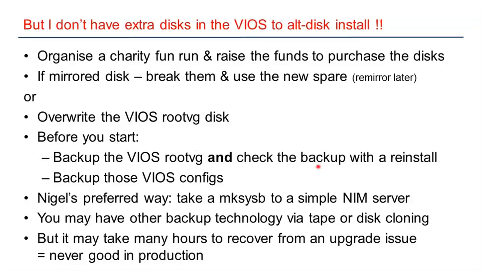And then you also need to back up your backup, ready to do an install in case your backup server fails. Then you should be taking the backup of the metadata in case you can't go backwards or forwards. You can still do a traditional install and a manual restore of your VIOS configuration. Okay, in my case, what I tend to do is take a mksysb to a local disk and